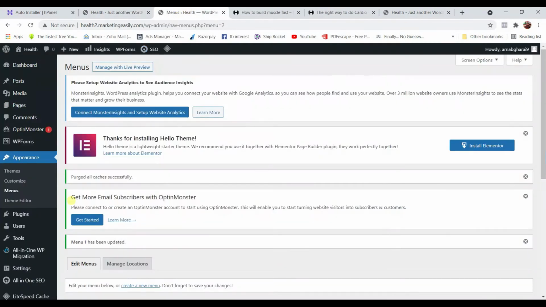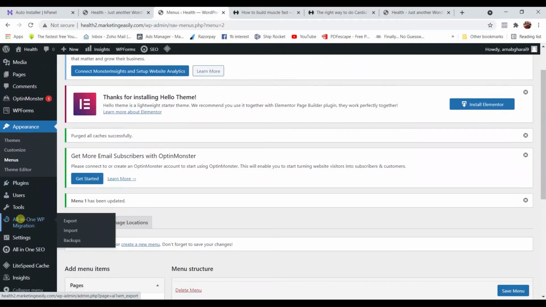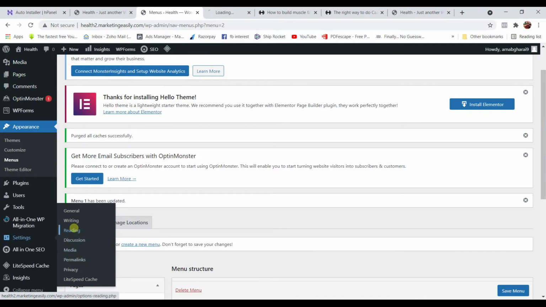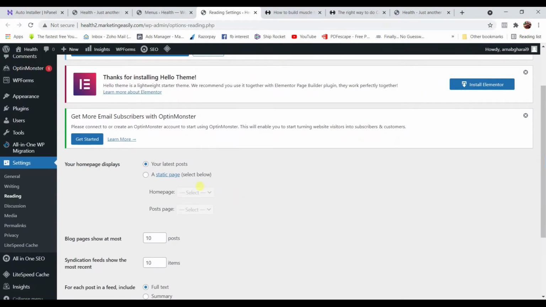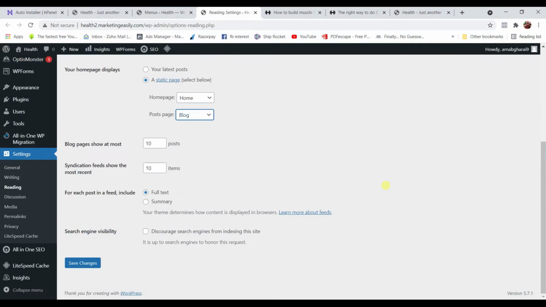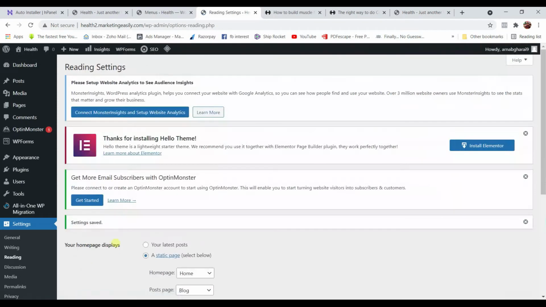So what we'll do is, we'll go to settings and go to reading, and here we will set the home page as, we'll select home, and our post page will be the blog section. Done. We'll quickly save the changes. All right,